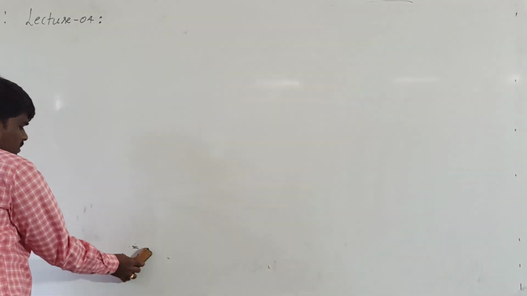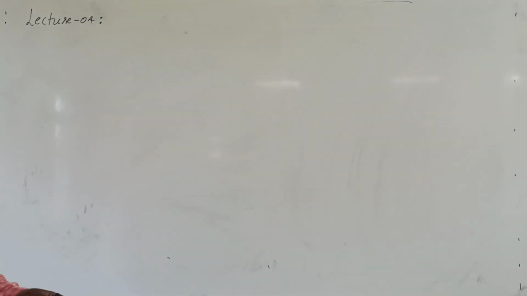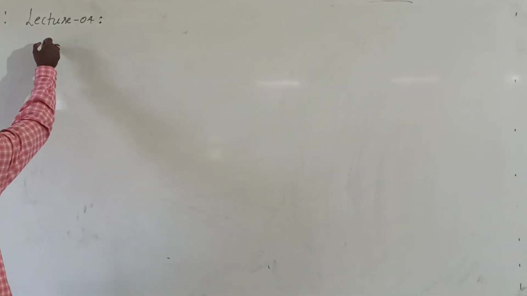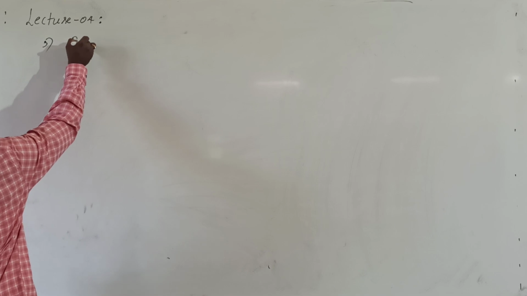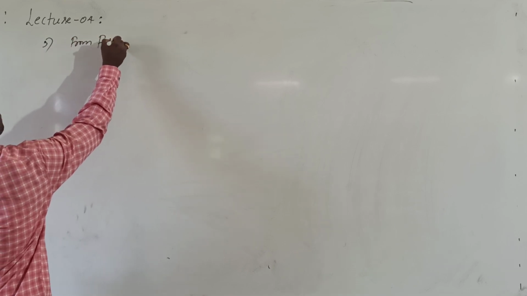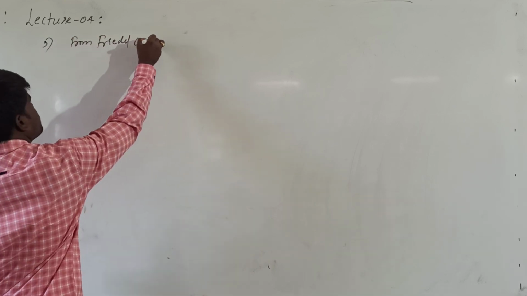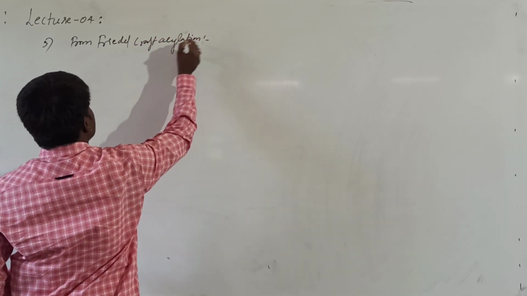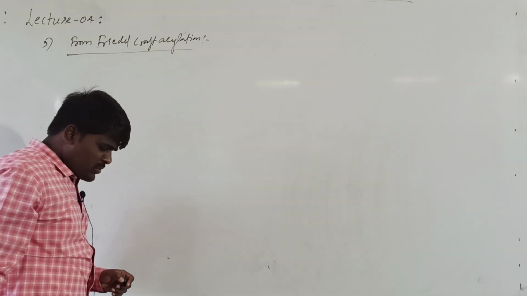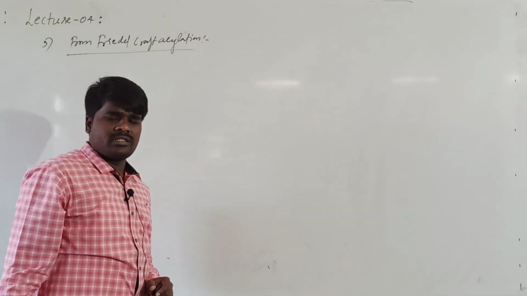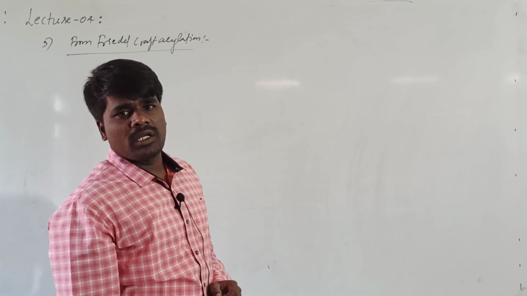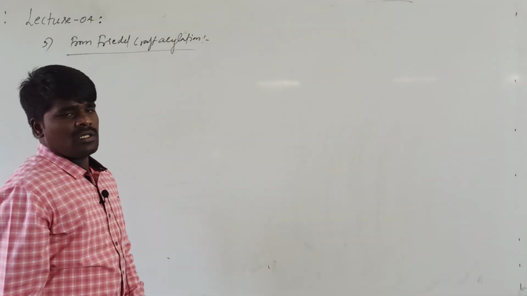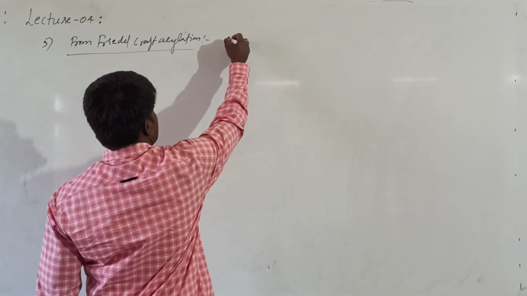There is another method, the last method of preparation of ketones, the third method. This is from Friedel-Crafts acylation. Let us see what is meant by Friedel-Crafts acylation. You might have already studied this particular reaction in the first PU organic chemistry, even though we will have a repetition of it. Benzene on reaction